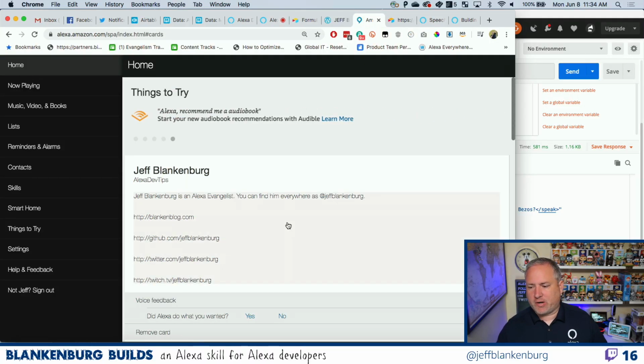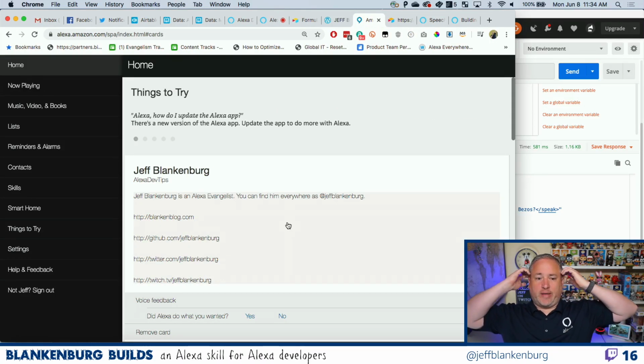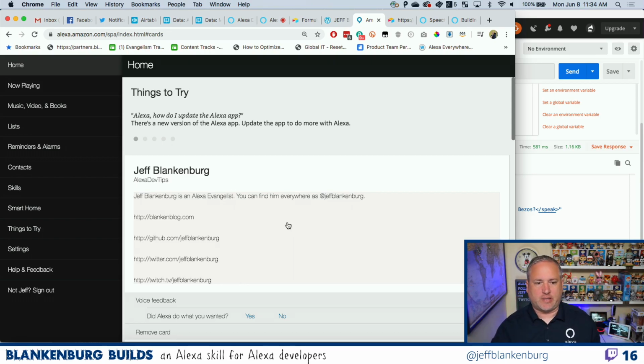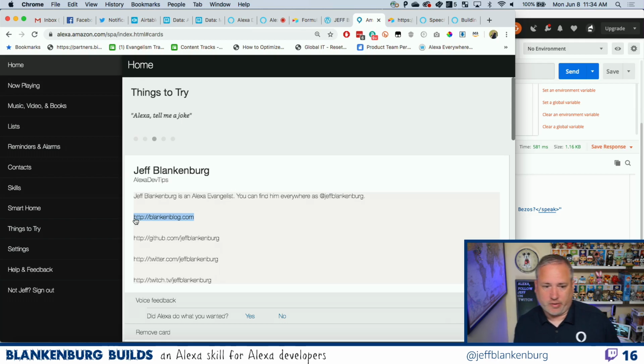Boom. That's the card I'm looking for. So, yeah, there's nothing clickable about these links, but what's nice is that you can copy them. So I can at least let a developer who wants this information grab any of these links, copy them, and go do whatever. But they're not clickable.